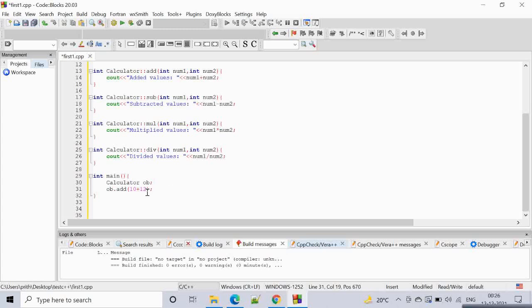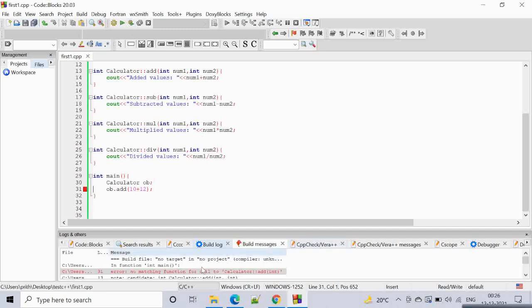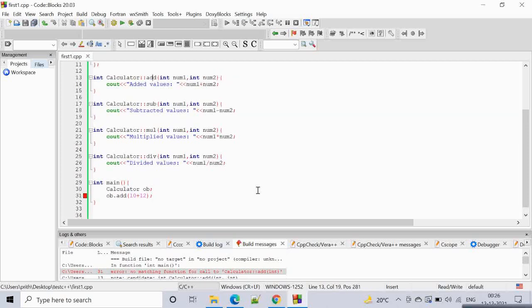Let's save this and run this. Okay, there is an error: no matching function for call.